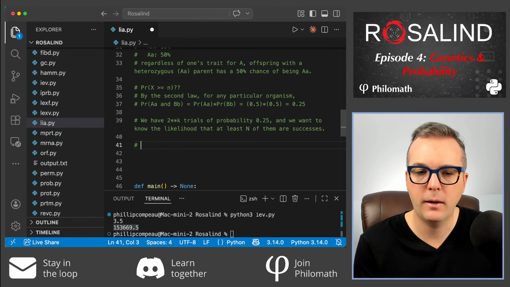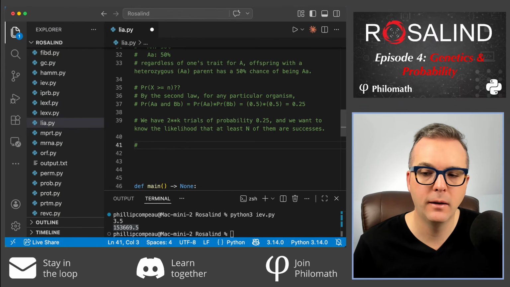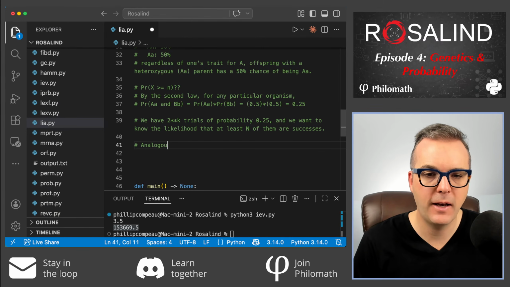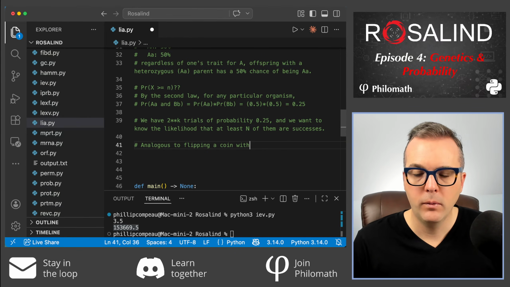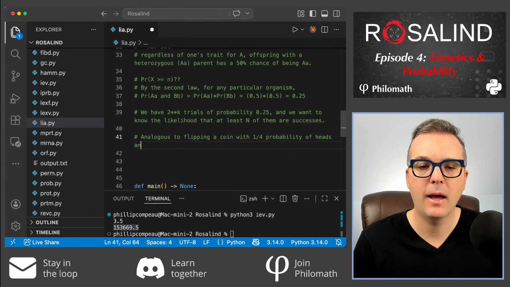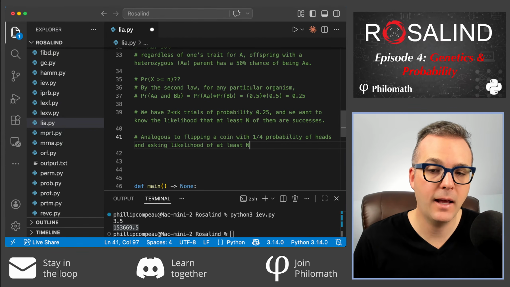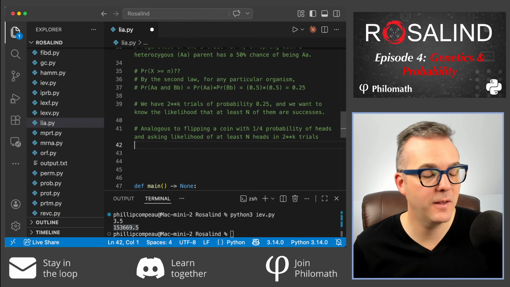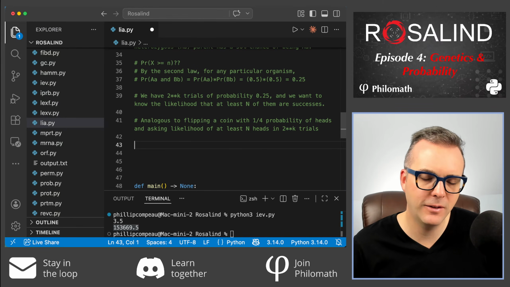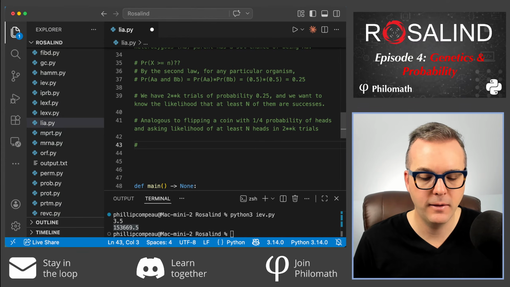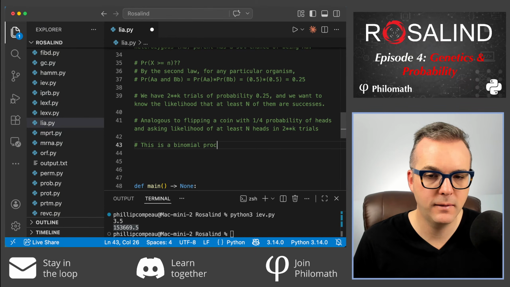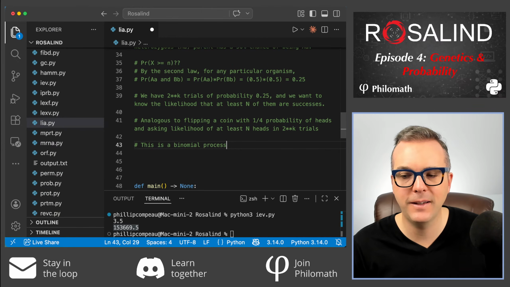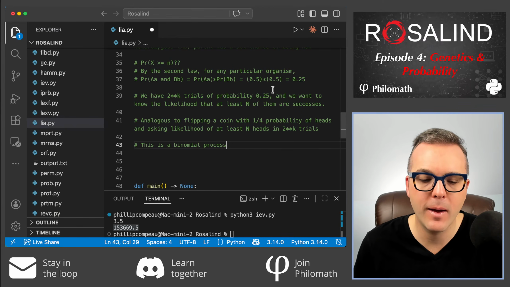If you want an example that goes back to things like grabbing balls out of bags, rolling dice, or flipping coins, this is analogous to flipping a coin with 1/4 probability of heads and asking the likelihood of at least n heads in 2 to the k trials. If you have seen something like this before, then you'll know, and this goes all the way back to, in a certain sense, Isaac Newton, because this is a binomial process, and we have a formula for this. I don't necessarily want to go through exactly how I obtain a final number here,